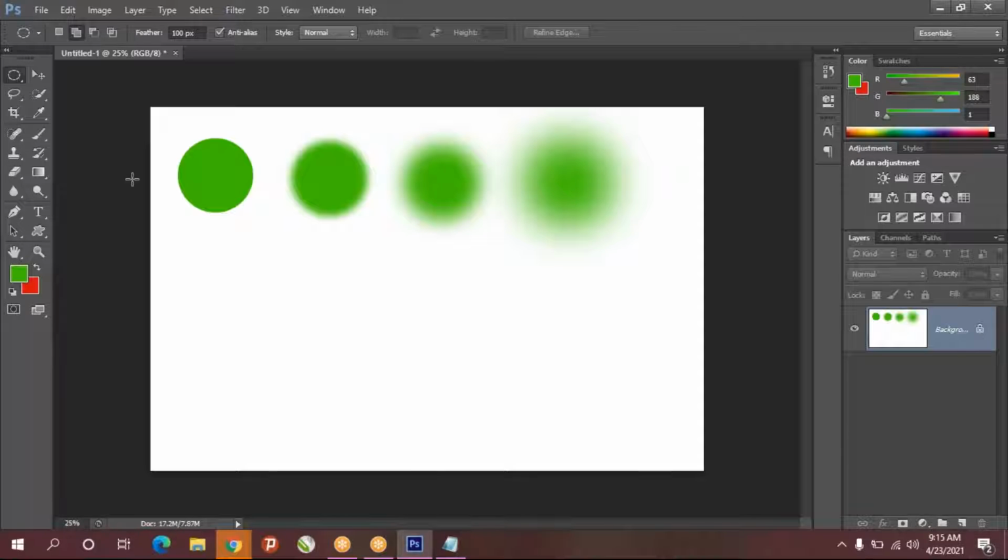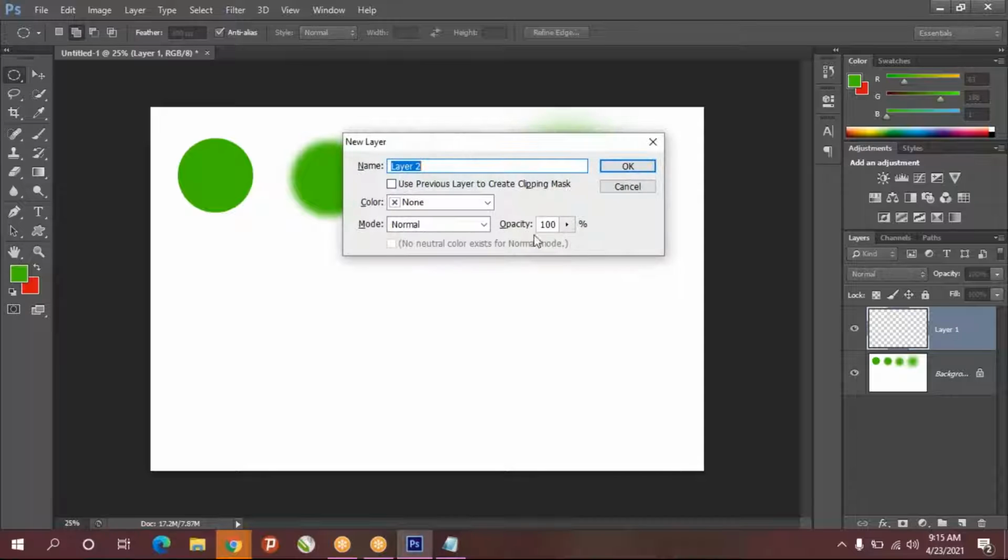For example, I'll create one new layer by going to the layer panel. You'll see the new layer option here. Click on this small paper symbol, or else you can use Control Shift N for new layer.